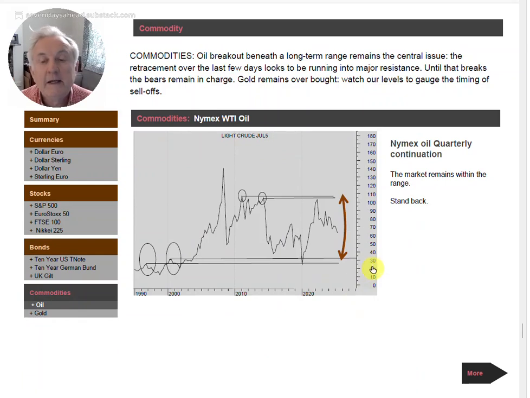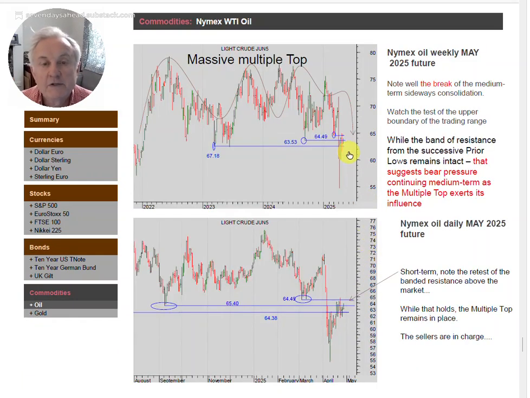Oil, we think, is our loan. We think oil's in trouble. We think there's a massive multiple top here. The rally back from the lows of 55 back to 65. If the multiple top is to be broken, the bear influence, if that's broken, then we've got to break 64.49, 63.53 and 67. 64.38, I beg your pardon, that's the wrong number. And at the moment, the market has rallied back bravely, having had the big sell-off, and is struggling. It needs to overcome that 64.49 before the bulls can take any confidence from this retracement.